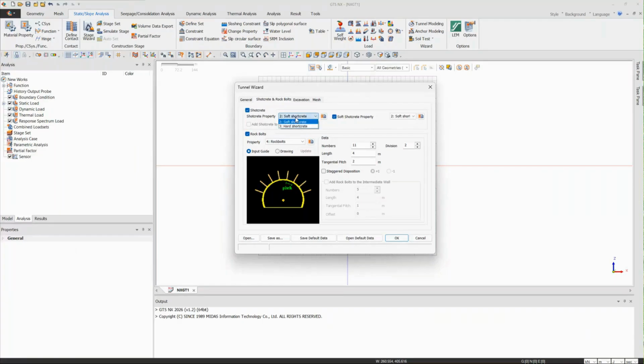The first one is the hard, and if I'm considering the soft shotcrete as well in the analysis, I need to check this option and go with this property. Then for the rock bolts, I need to choose the number of rock bolts, the length of rock bolts, and the spacing between the rock bolts. Suppose I'm going with 12 numbers, 6, and